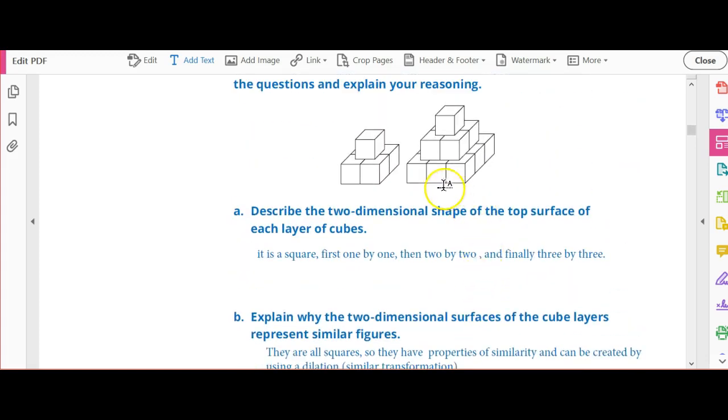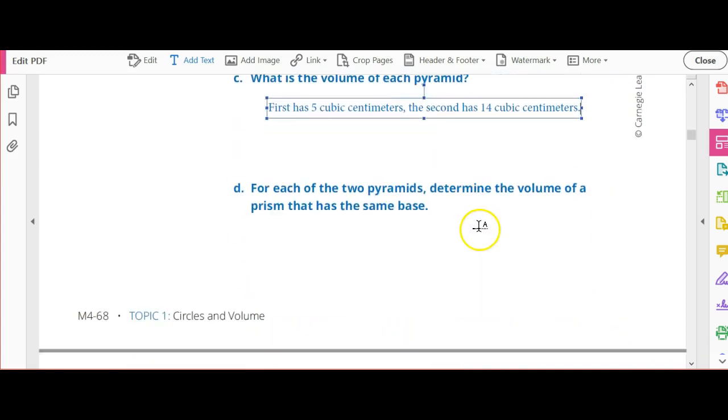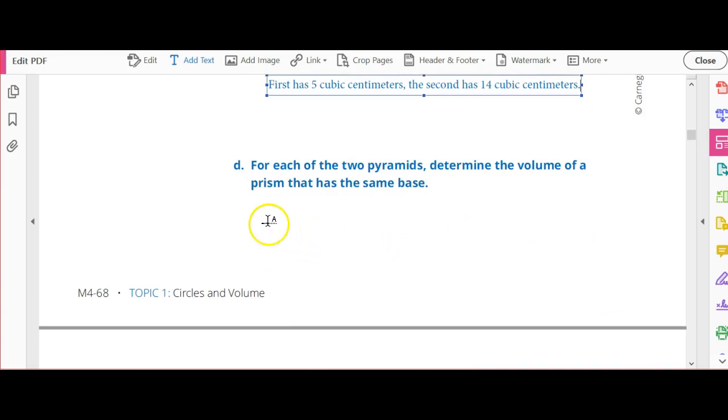Well, when we figure out what this area was, and then we multiply by the height, if we were stacking them, so if they had the same base and we were just stacking on top of them, the volumes would be the same. If we went up, but we started with the same base, the volumes would be the same. Now,